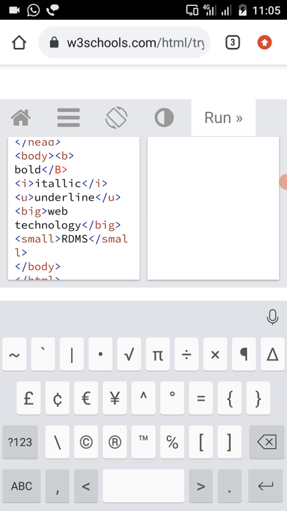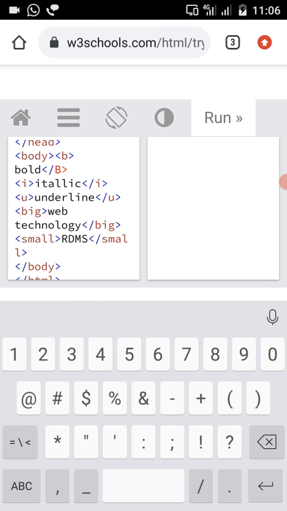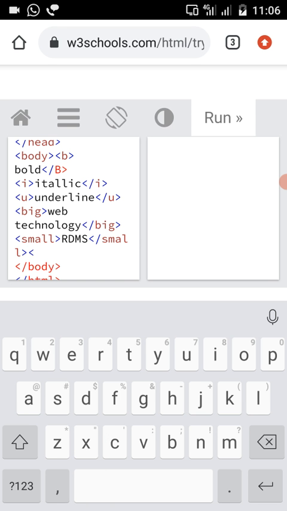Then after that, I'm using another tag in font formatting, the pre tag. This pre tag is going to represent your text in a pre-formatted form. For representing your text in a pre-formatted font, you have to use the pre tag.